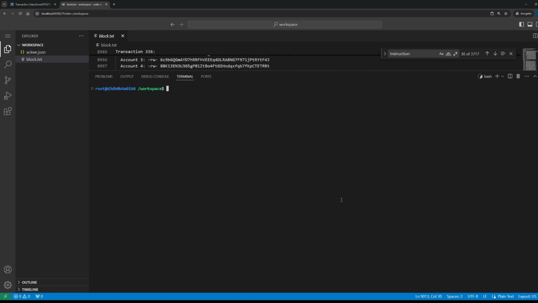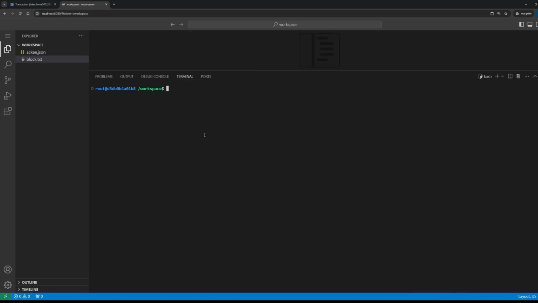We will see it on the Solana Explorer. So why not? But please don't forget that we are on Devnet, so you won't actually be able to sell this meme token. So let me close this file, and all right, so we are on mainnet. So let me switch to the Devnet.